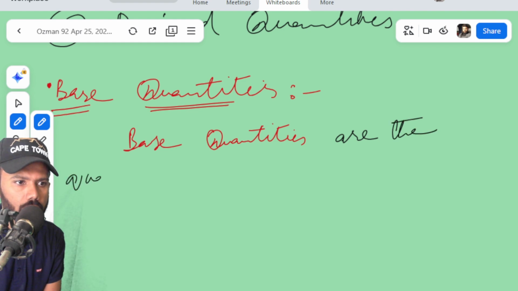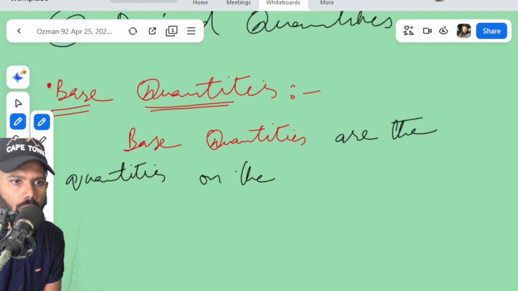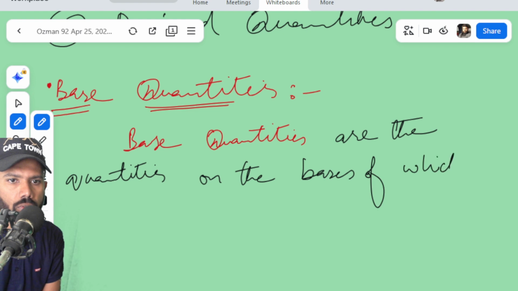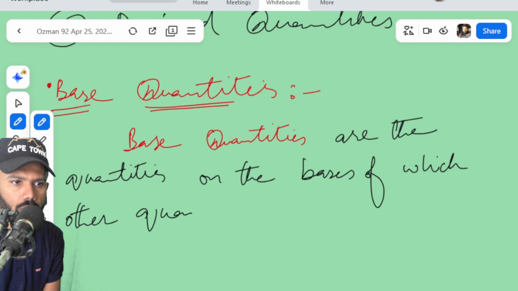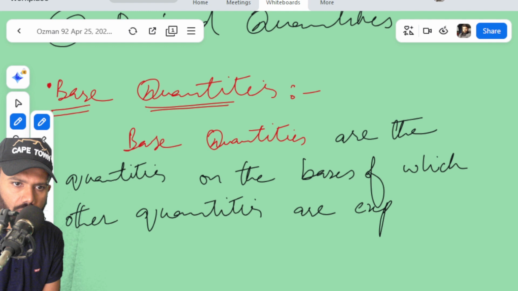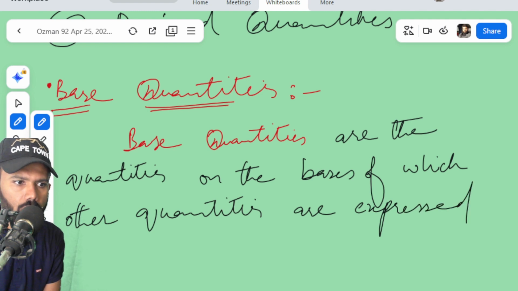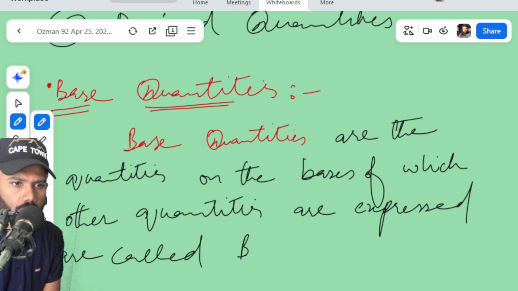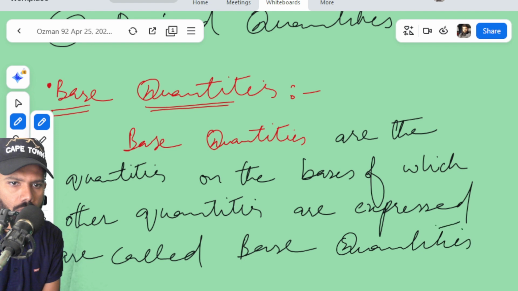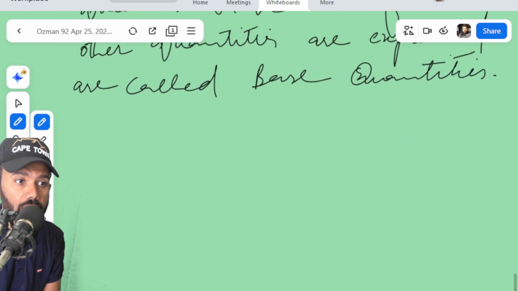So we define base quantities as the quantities on the basis of which other quantities are expressed are called base quantities. For example,